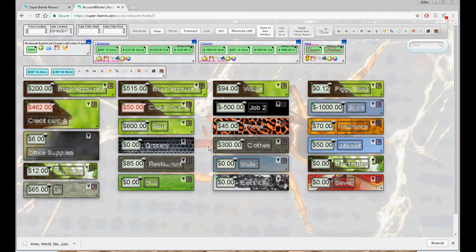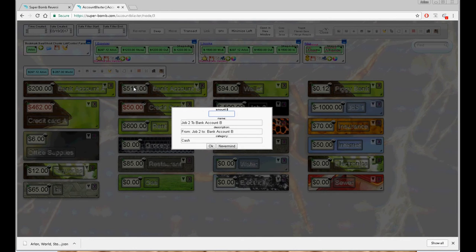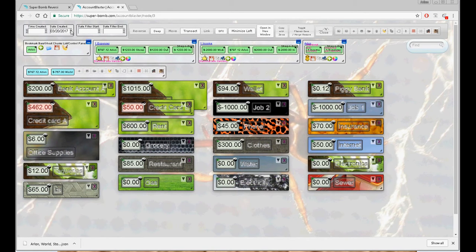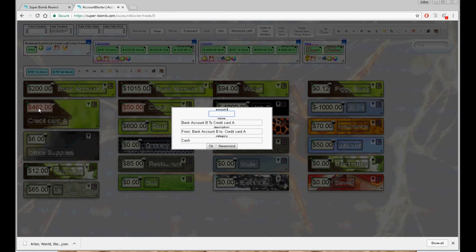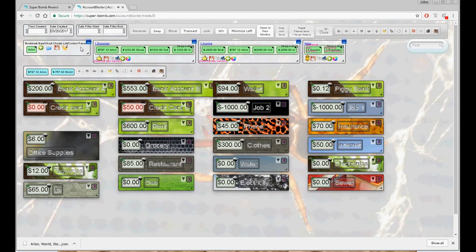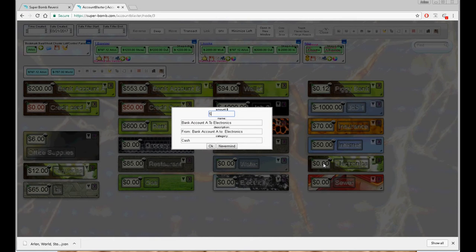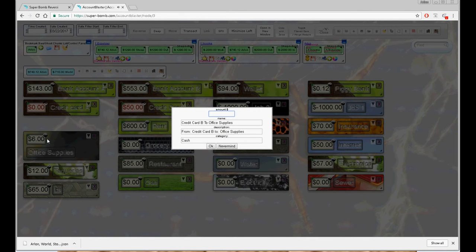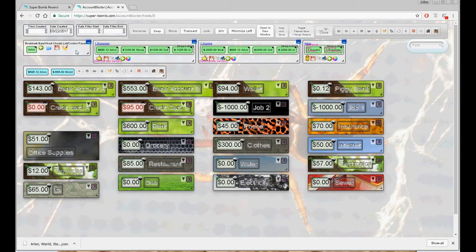And then, we got paid. $500 again. And now we're gonna pay the credit card off. And next day we're gonna buy some electronics. $57. And the next day we're gonna buy some office supplies on credit. $45. And the next day